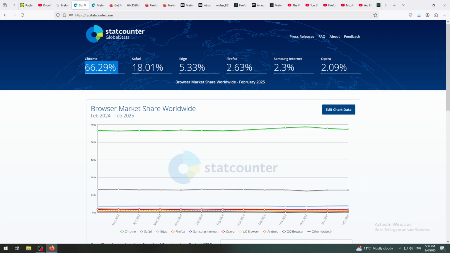The whole idea is that we are interested in Firefox and want to see where it is on this list, and it's all the way down with only 2.6%, which is sad and funny at the same time compared to other big players. But I just wanted to show you how things are in the real world in terms of market,